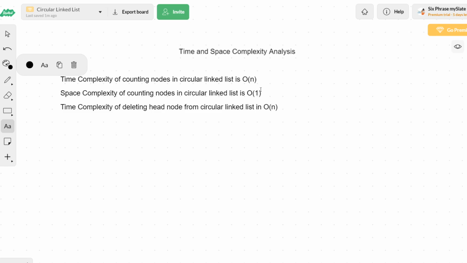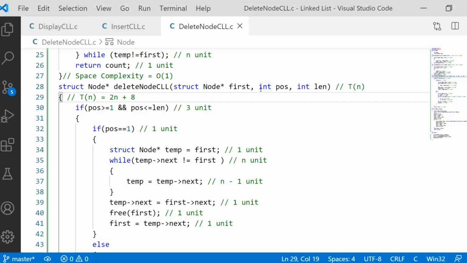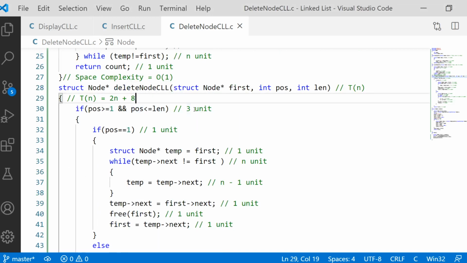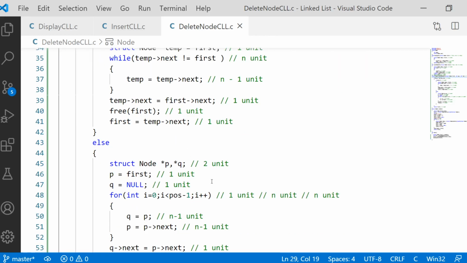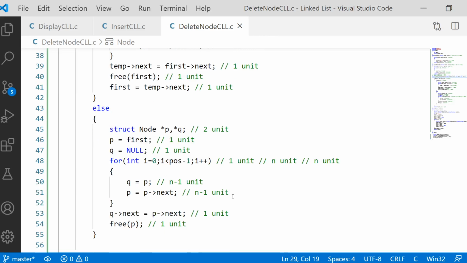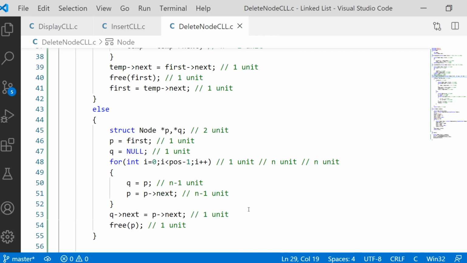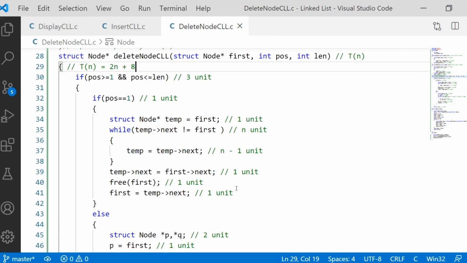Now let us also find the time complexity of deleting other nodes, that is the else part. If you want to enter the else part, then definitely this if condition should have been checked and evaluated to false to enter else. So 3 units, and this unit also has to be taken. So totally 3 plus 1, 4. Then 4 plus 2, 6, 6 plus 2, 8. 8 plus 1, 9, 9 minus 2, 7, 7 plus 2 again 9, 9 plus again 1, 10. So 10 units, constant. What's the n value? How many n do you have? 1, 2, 3, 4 n. So it's 4n plus 10.